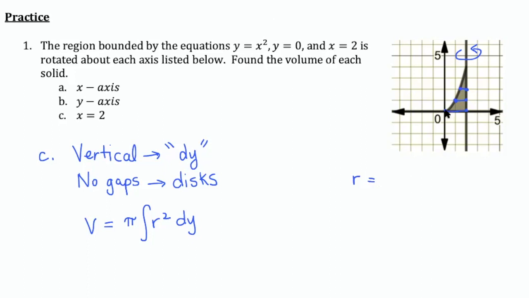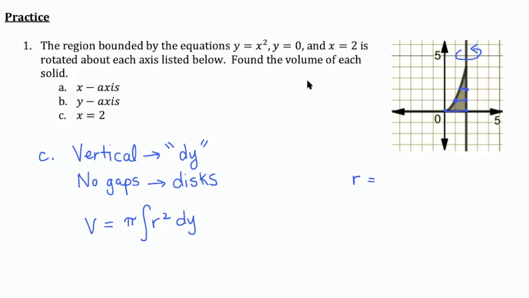The radius is different at different points. Now, we are no longer connecting to the x-axis or the y-axis, but we're connecting back to x equals 2. So you need to use what we learned when we were doing the area between two functions. So what we learned is, in that instance, if you want to find the area of a shaded region that's